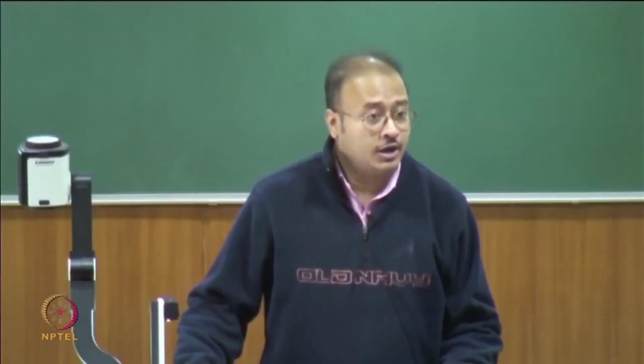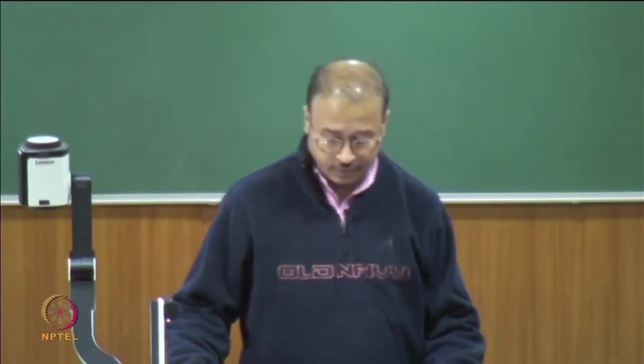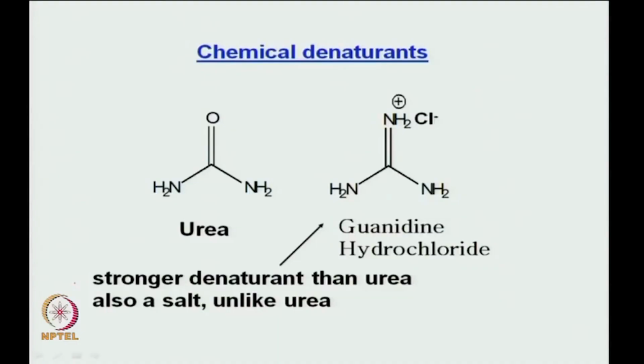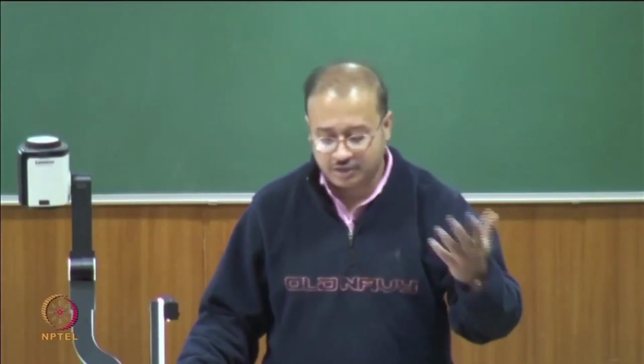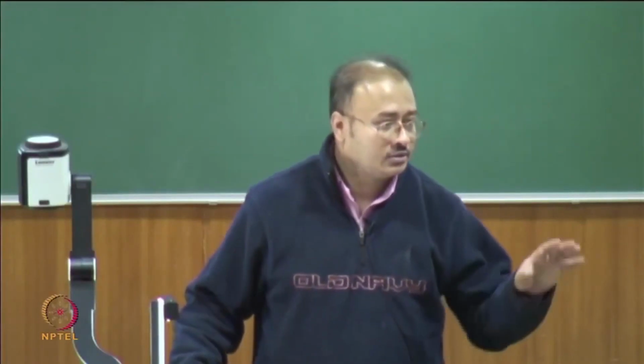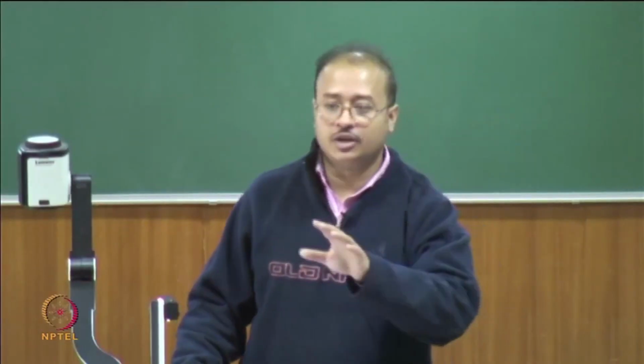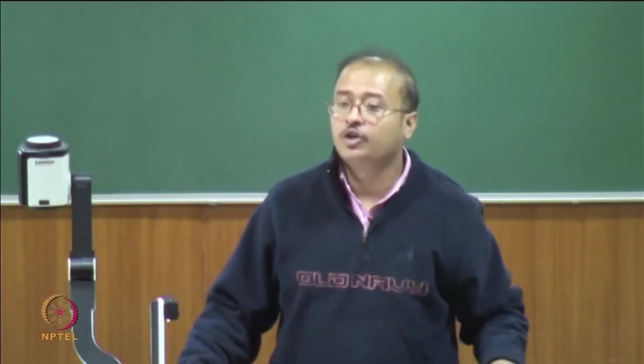So, we will continue our discussion on protein denaturation. In last class we looked at thermal denaturation effectively. What we saw was that there were a couple of ways of doing that. One was we started with a two state model, and using that two state model we derived an equation, and we said that any thermal transition based on any spectroscopic or any observable y can be fit nonlinearly to a least square fitting of a certain equation,